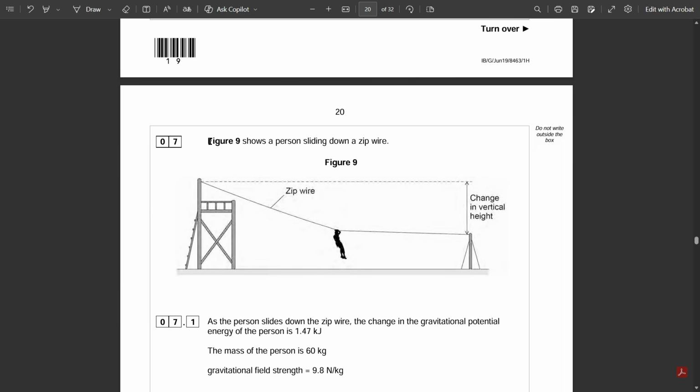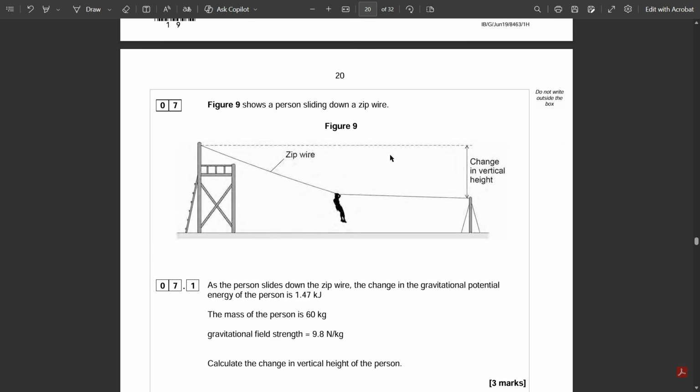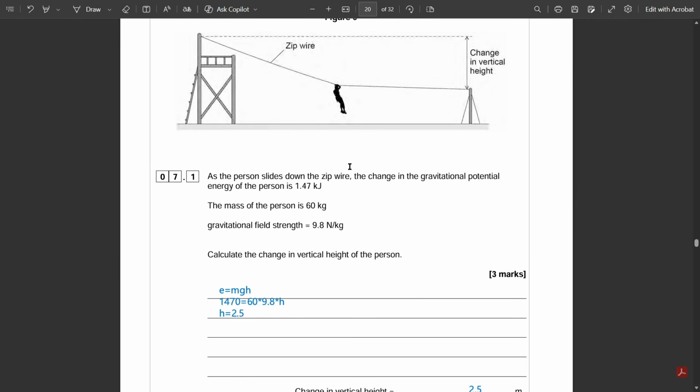Then moving on to question 7. Figure 9 shows a person sliding down a zip wire. As the person slides down a zip wire, the change in gravitational potential energy of the person is 1.47 kilojoules. The mass of the person is 60 kilograms, and gravitational field strength equals 9.8 newtons per kilogram, and we're asked